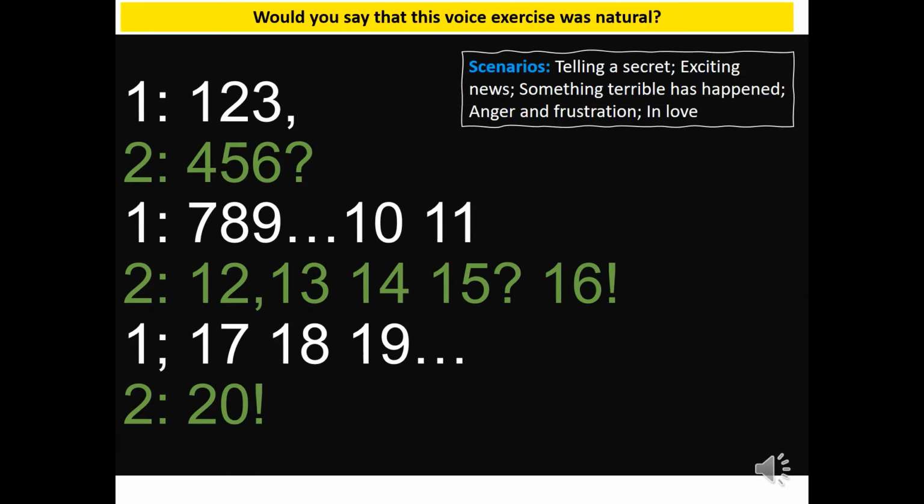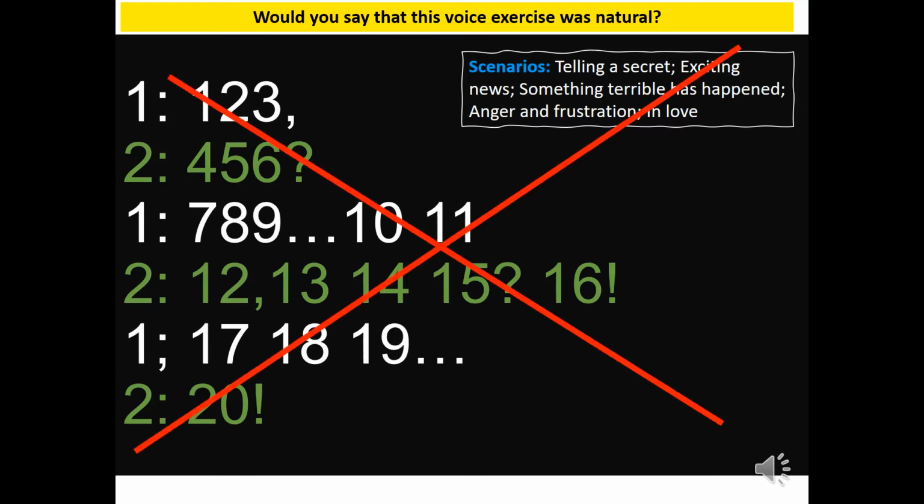20! Would you say that this voice exercise was natural? No, it's not, because we don't talk to each other in numbers, Year 10. But what was the key ingredient here? Exactly, voice. Even though we didn't understand what was being said, we could still understand what was happening by how it was being said, because this reveals the emotion, and then we can understand how the character is feeling by